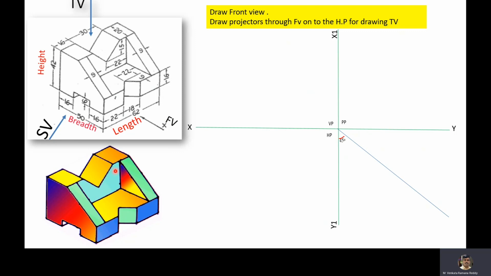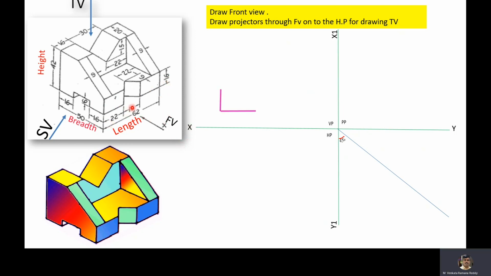That particular shape, in addition to this region, is visible in the front view, whereas this rectangular groove is there now. This rectangular groove at a height of 6 mm is not visible in the front view. That's why in the front view we'll draw it as a dotted line. Now we'll draw the front view.